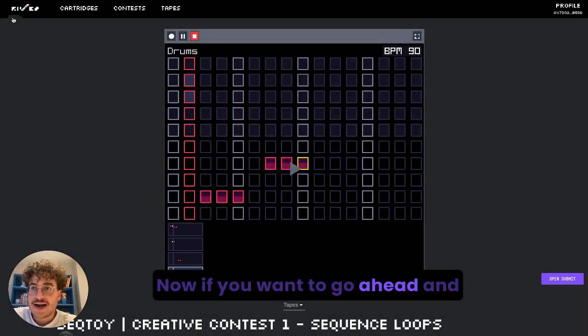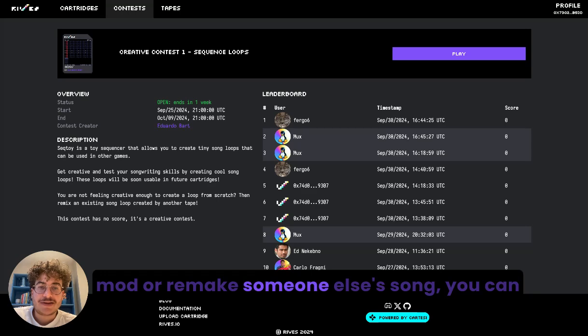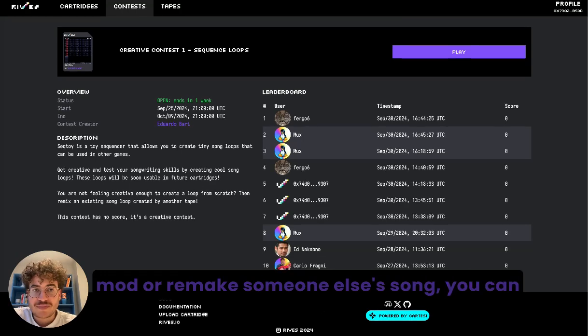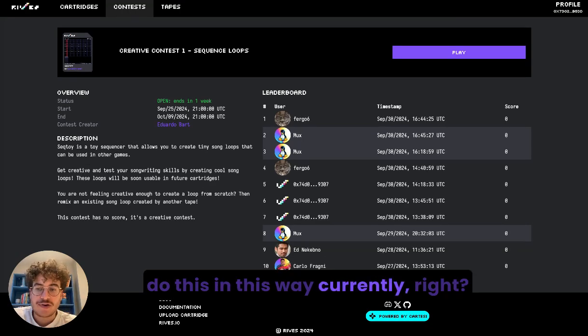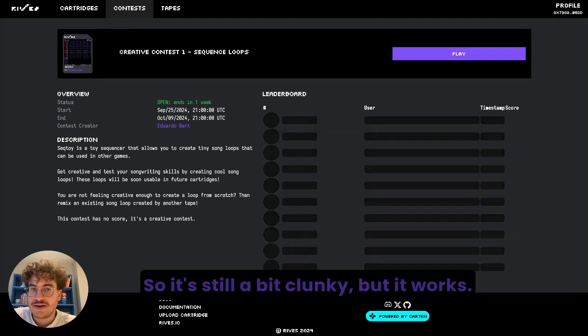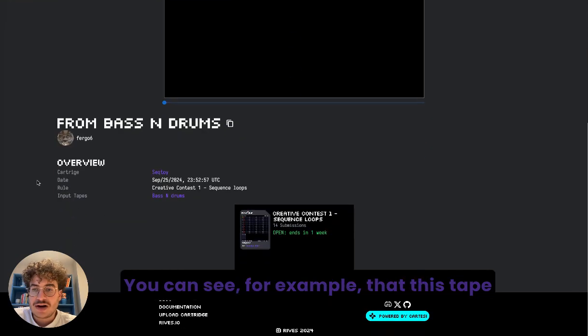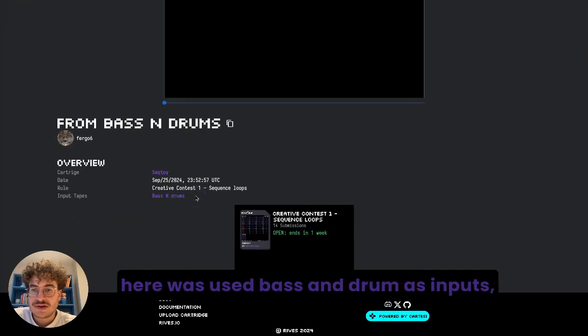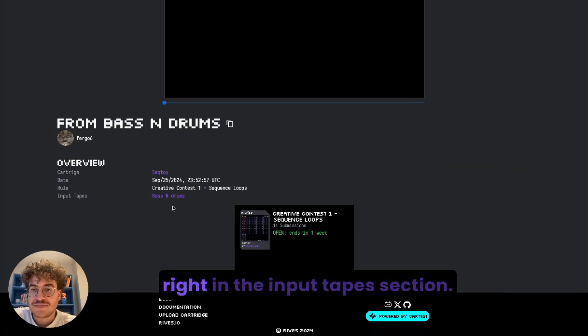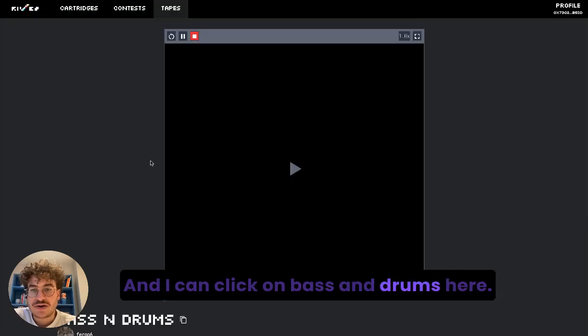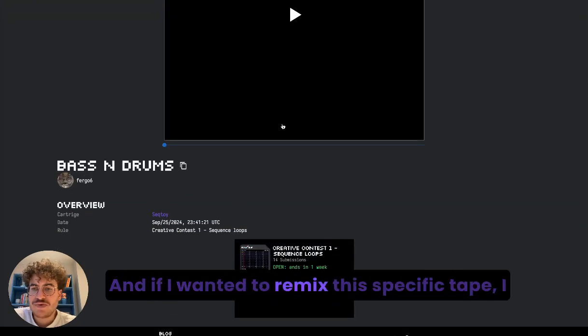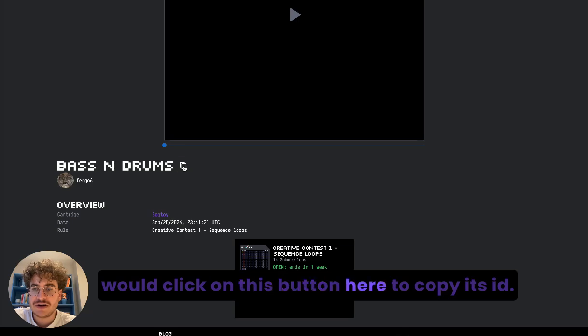Now, if you want to go ahead and mod or remix someone else's song, you can do this in this way currently, right? So it's still a bit clunky, but it works. You can see, for example, that this tape here used bass and drum as inputs, right? In the input tapes section. And I can click on bass and drums here. And if I wanted to remix this specific tape, I would click on this button here to copy its ID,